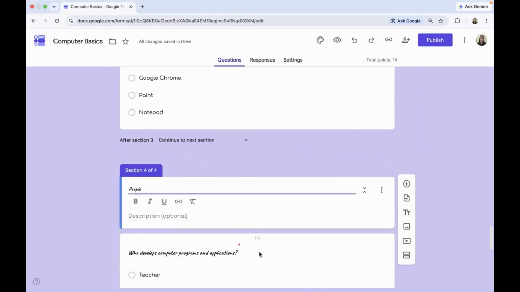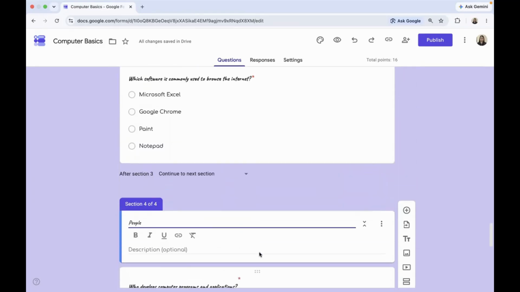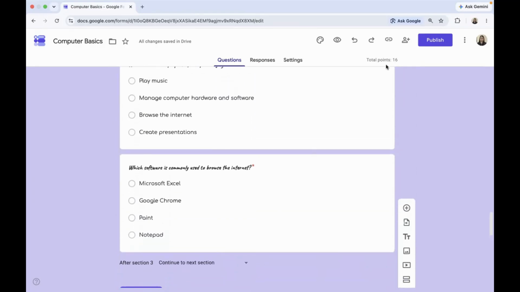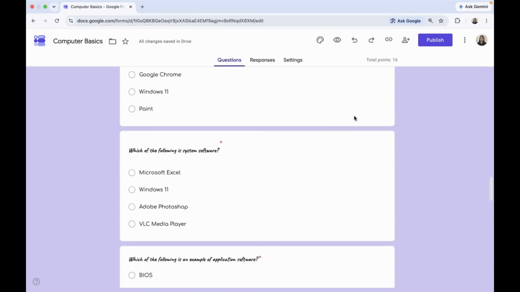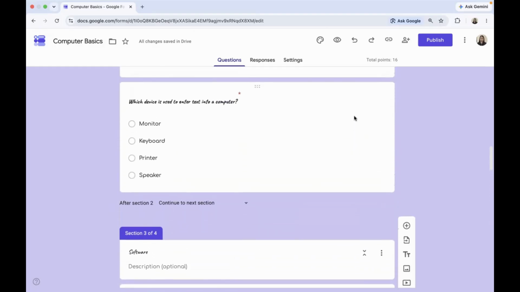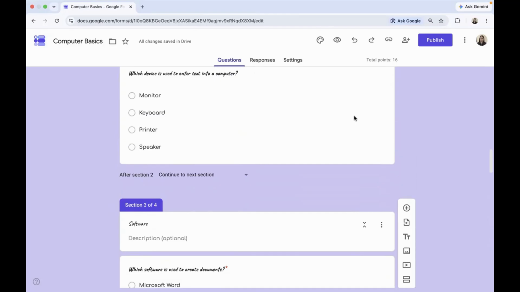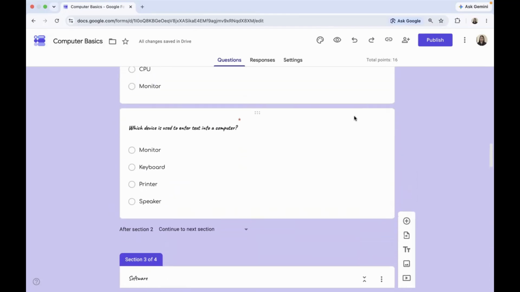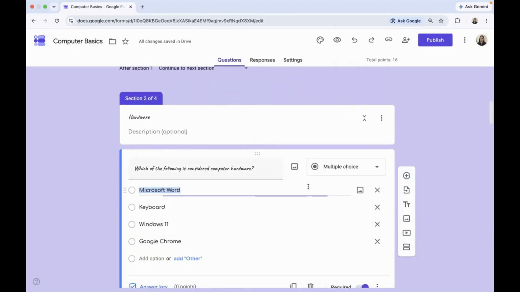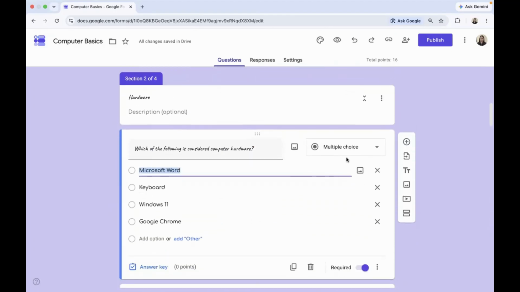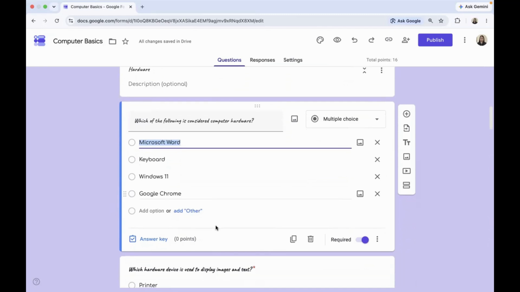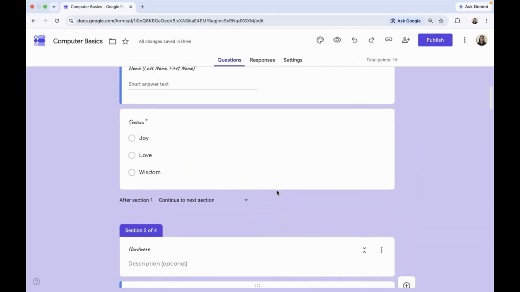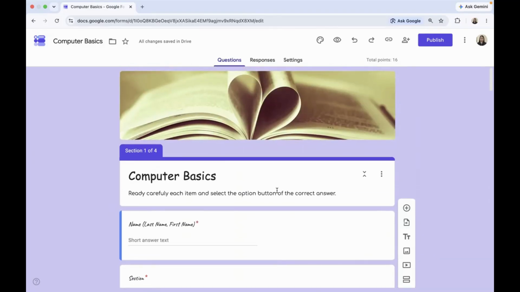I have 3 items for the people component. So I have a total of 16 points. I think I want to round it off, I mean, I would like to increase the points. To do that, you can adjust the points of some questions. Like this, it has 0 point because I haven't created it yet. But anyway, that will be discussed in the next topic of our training. So that will be all for this part. See you in our next topic. Thank you.